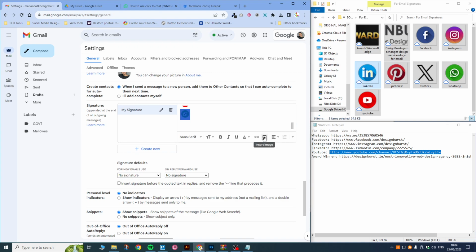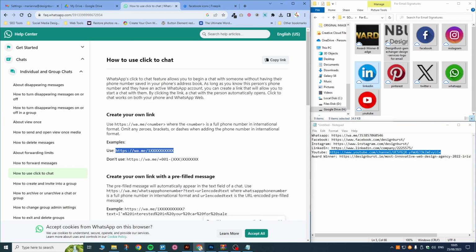And then WhatsApp. So WhatsApp, just to explain to you, when we click this button, we want it to open WhatsApp on the person's phone. This isn't really relevant to desktop unless people have WhatsApp on their desktop, but it is still nice to know what their WhatsApp number is. So what you can do is create a WhatsApp link. If you go to WhatsApp online and look for how to use click to chat, you can create your own link. So the way to create a WhatsApp link is typing in